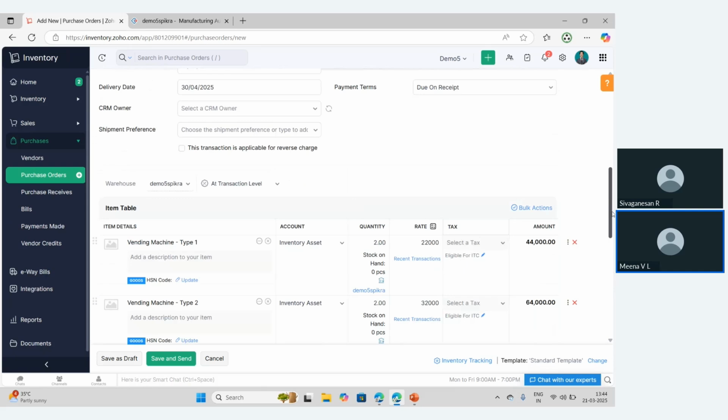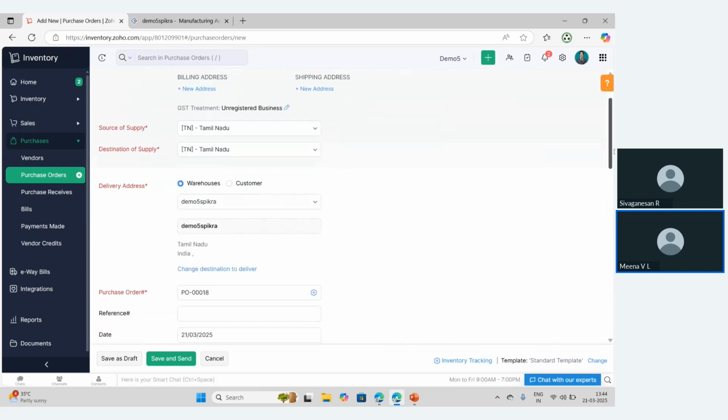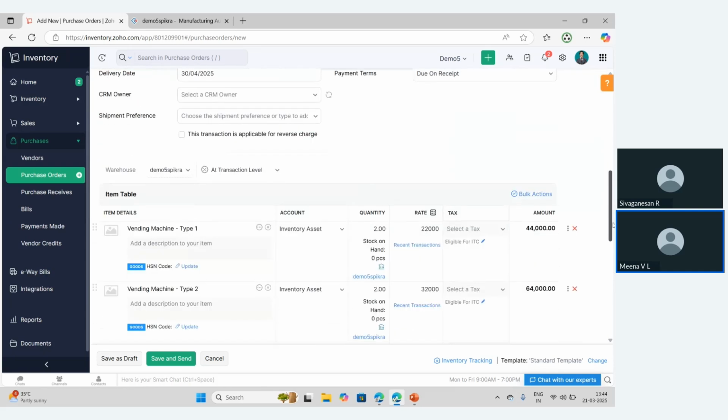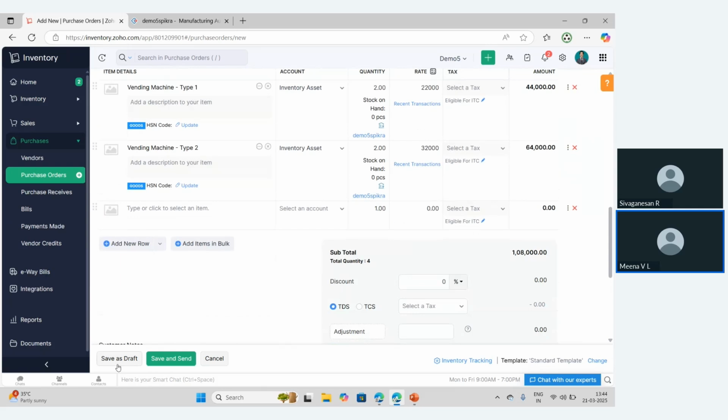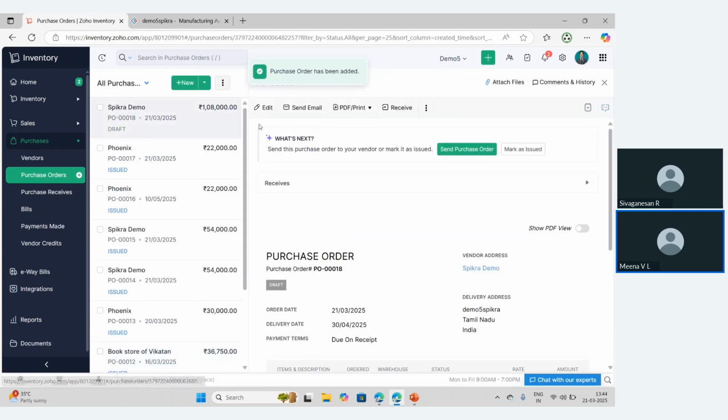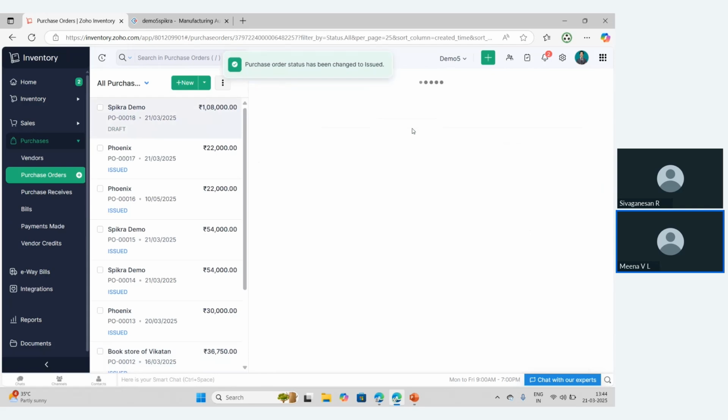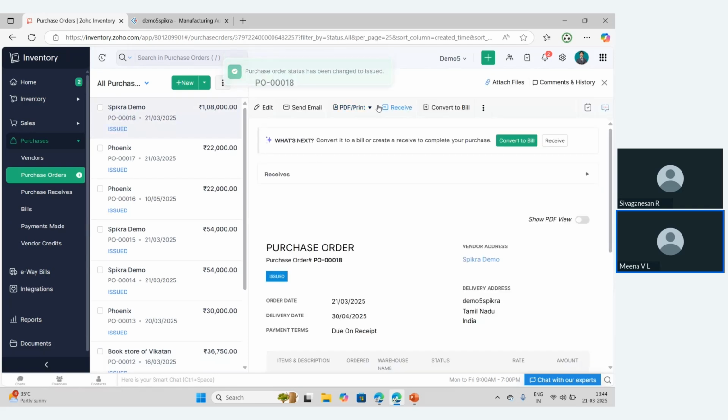So let's quickly check if we have the necessary details here. We have added the delivery date and line items, right? So I'll just save this as draft. And once you issue this, I'm marking this as issued, meaning I'm just going to issue this to the supplier to start the production, right?